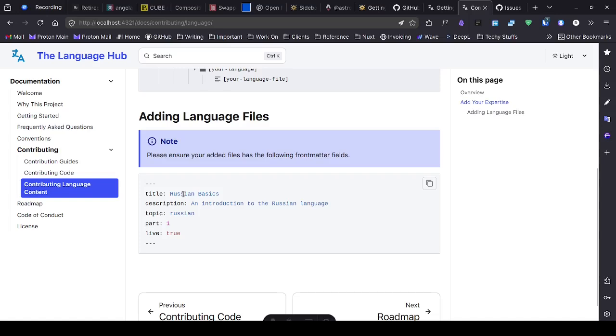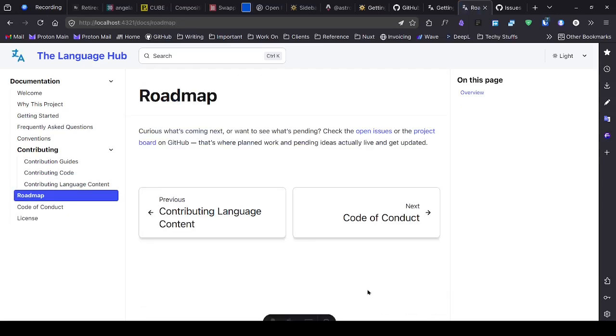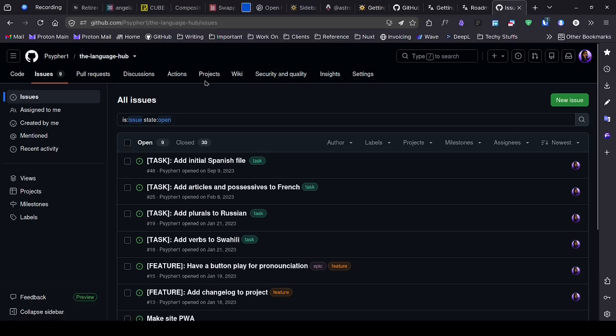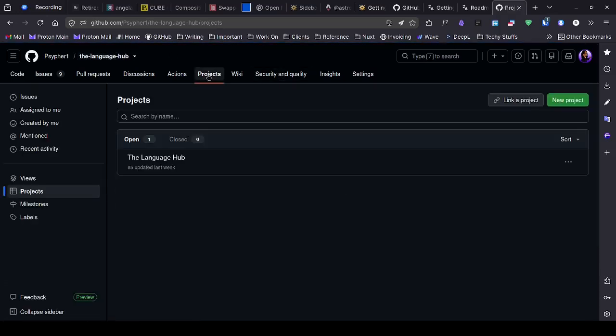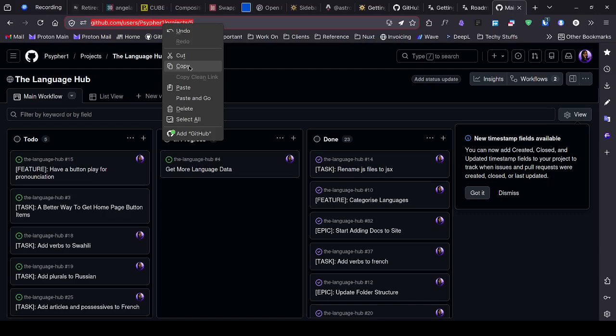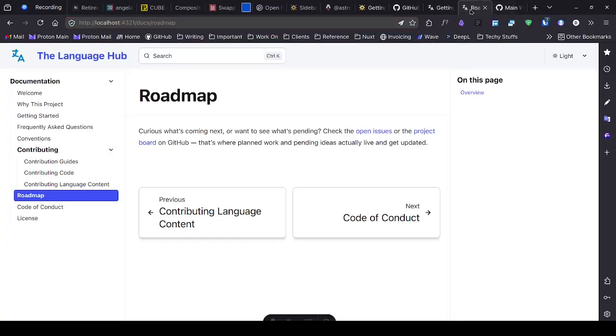This sort of repeats the convention stuff, but it's always good. Roadmap again, it leads to, actually, now that I think about it, there is a project. This is linked to a project. Let's link to the project instead of the issues. Yes, that's a better place to link out, because this is better for roadmap. So let's copy this one instead. That is roadmap. We're going to link to that, and I'll come back.